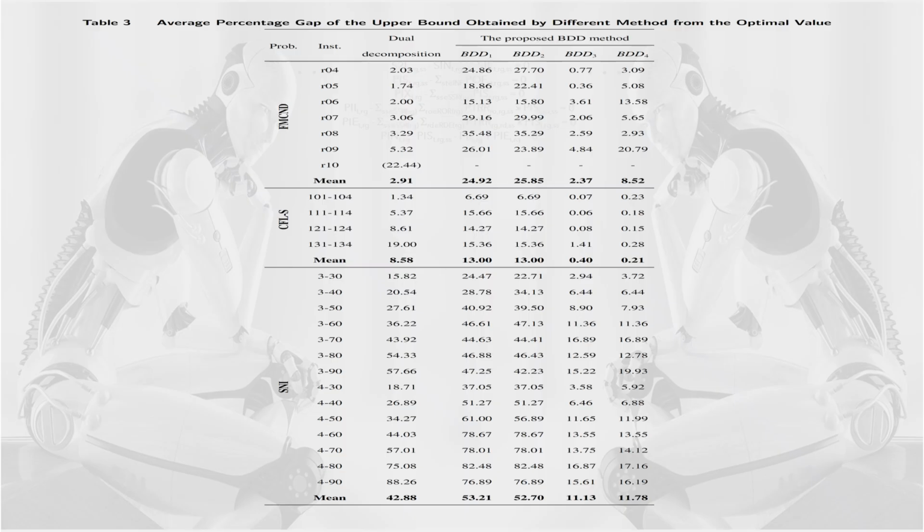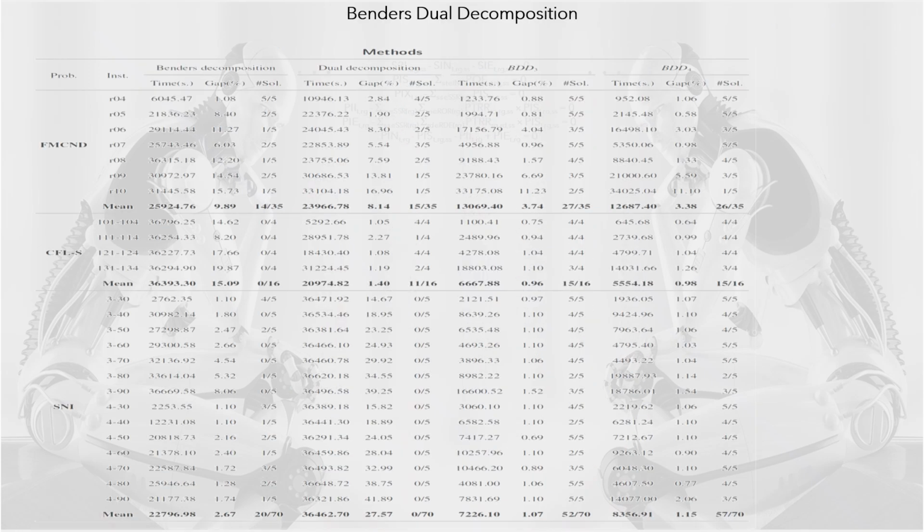In addition, the upper bounds obtained by BDD3 and BDD4, except for FMCND instances, are much better than those generated by the LDD method, indicating that BDD provides an improved search mechanism. Last but not least, the quality of the primal bounds shows that the proposed improvements significantly alleviate the primal inefficiencies of the BD method. The table presents the performance of other experiments in which the comparison of multiple technologies is